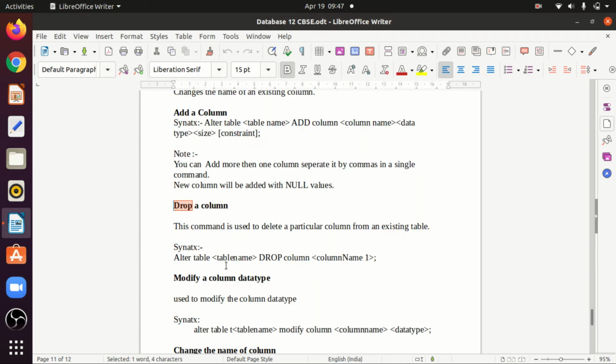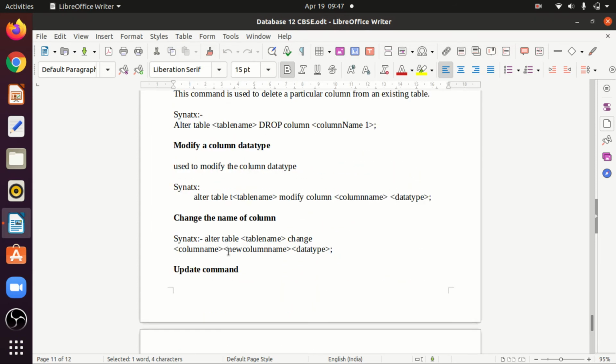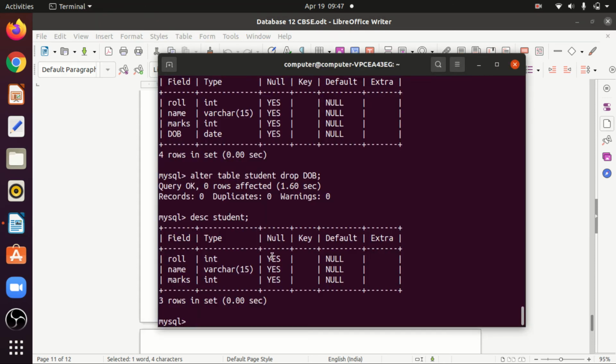Now you can also change the column name. For example, now if you see my column name is this, if I want to change this name to capital name. So for that, ALTER TABLE table name, then what you have to do? You have to change this particular name. Name has to be changed.